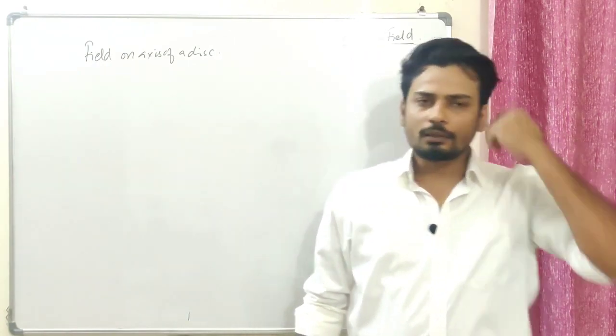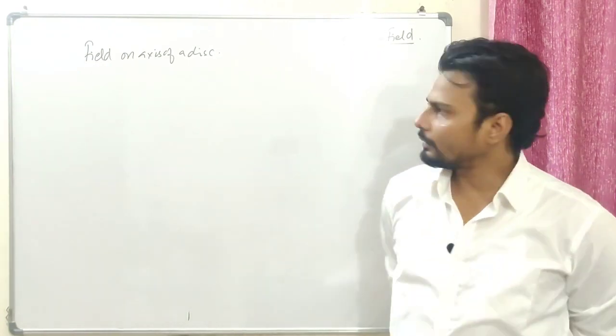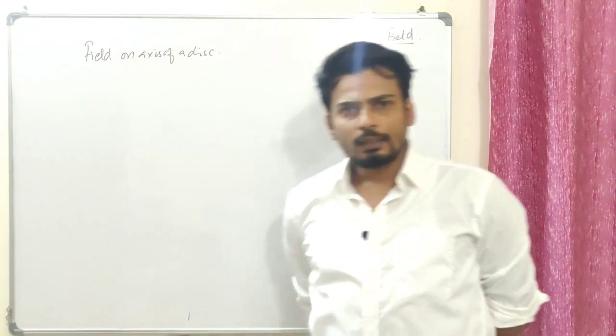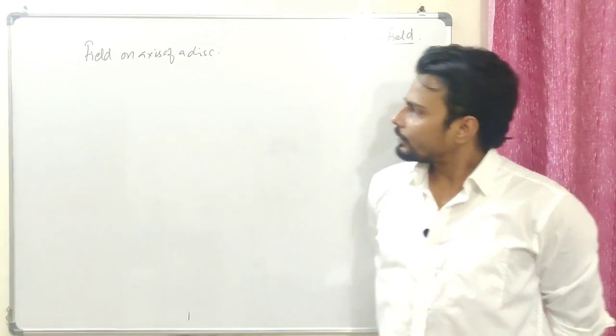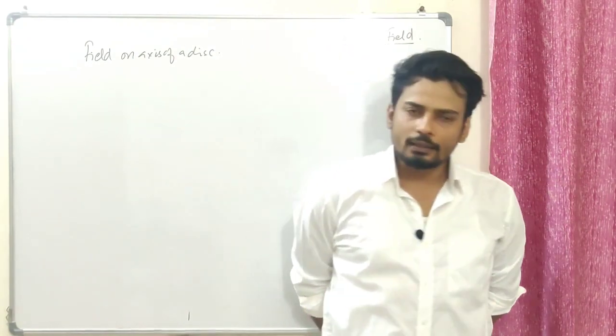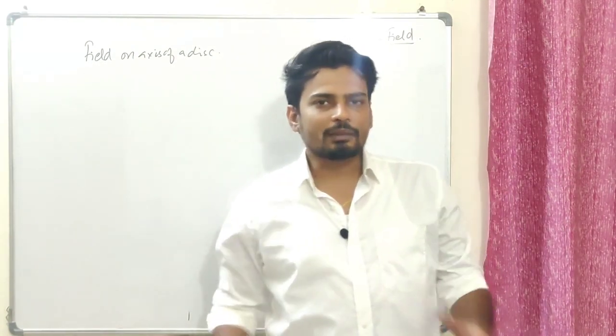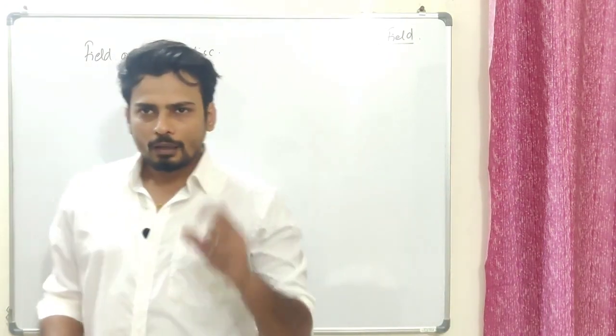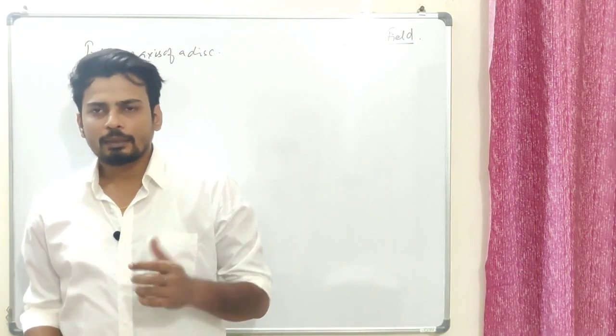Well, that's nothing but kqx over (r square plus x square) to the power of 3 by 2, where x is the distance of the point from the center of the ring, right? Now when I talk about the disk, I'm sure you guys agree that the first process is to choose the elementary particle, right? Well, the elementary particle in case of a disk should be a ring of certain small width, isn't it? Yep. So that's the first process.